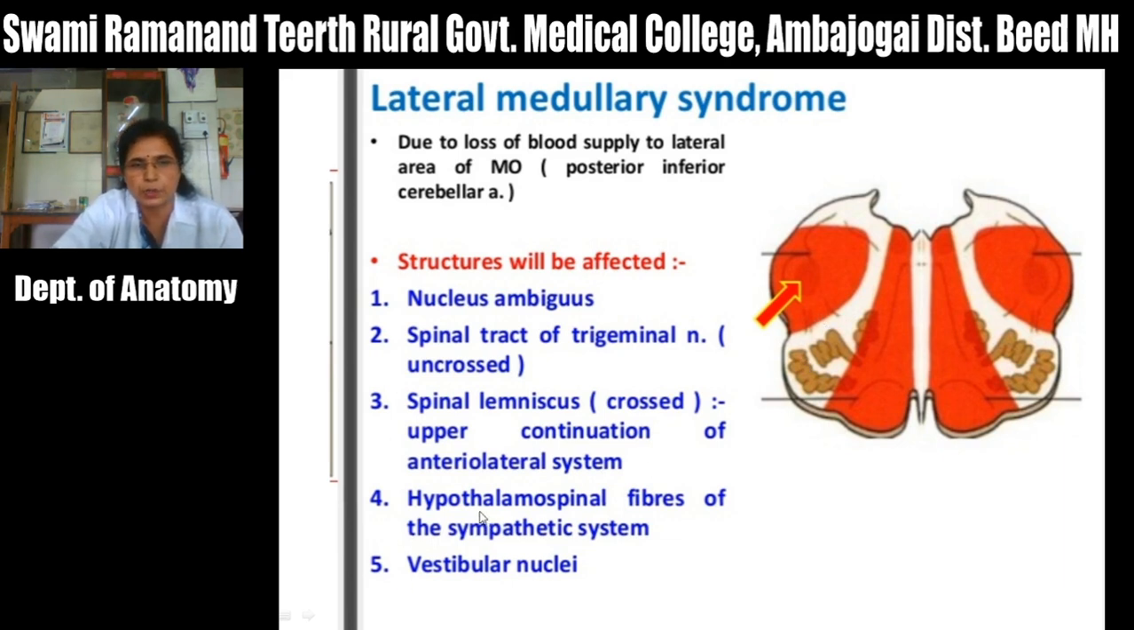Then there is also damage to the hypothalamo-spinal fibers, that is the autonomic fibers which descend from the hypothalamus to the spinal cord in the reticular formation. If there is a lesion, then there is damage to these sympathetic fibers, and there is also damage to the vestibular nuclei which are situated in this dorsal part. Now due to damage to all these structures,